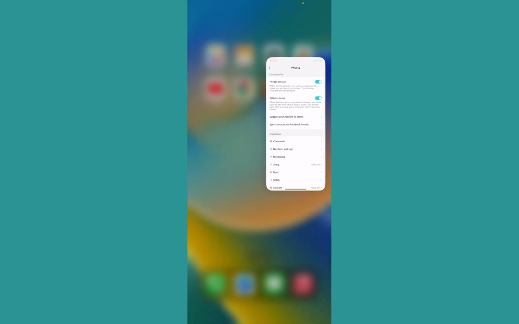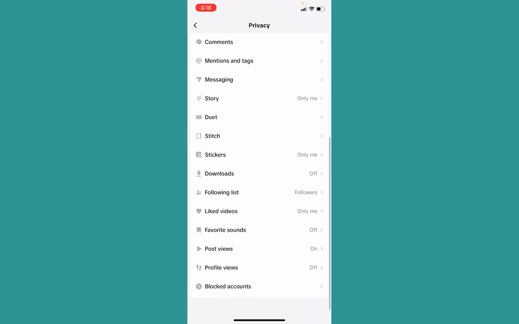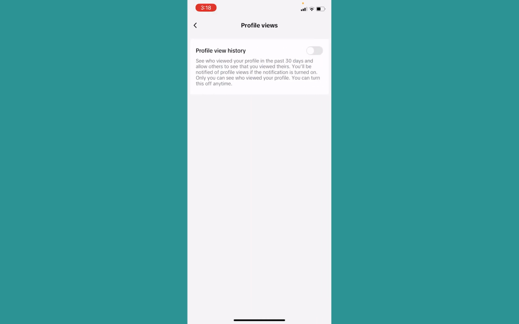Now over here, scroll a bit down at the bottom until you see this option called profile views. It's the second last option. Click on profile views and make sure to turn it on by clicking on the on button at the top right. Once you turn it on, it's going to show you the people who have viewed your profile in